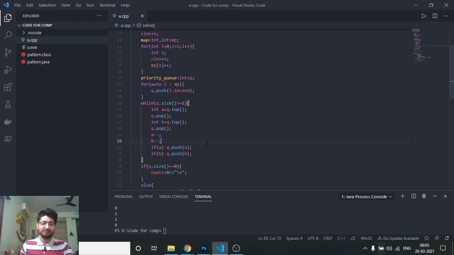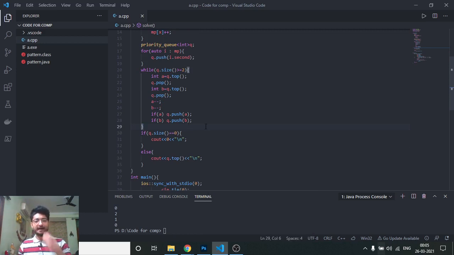And then if A and B are still positive, you just push them back into the priority queue, and if they become 0, then just don't push them in the priority queue. You just keep on doing this, taking out the elements. Now obviously it will be n log n, because in log n you have to arrange the priority queue, and in every step you are taking out a pair from the priority queue, and keep on continuing, decreasing the size. And then in the end I have 2 options.